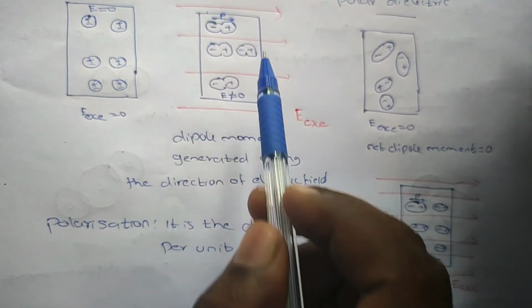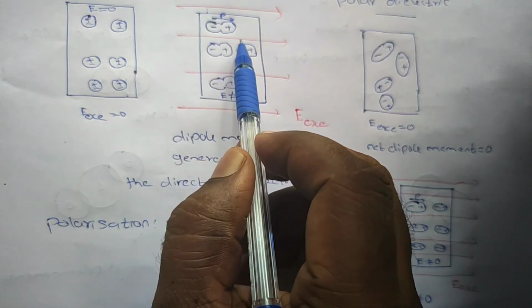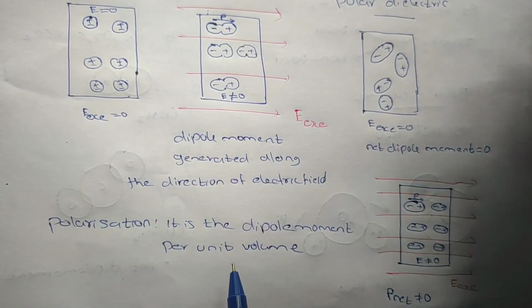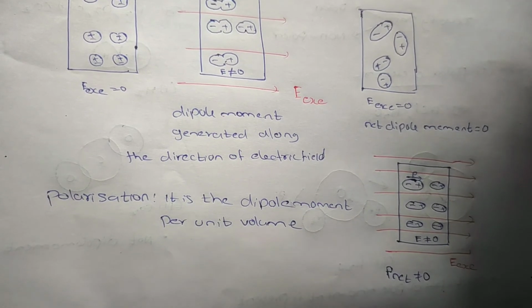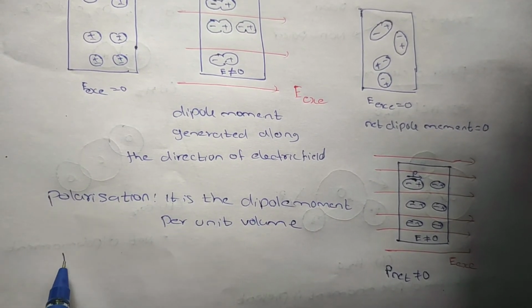Okay. So if more dipole moment is there in this, there is more polarization. Polarization means the formation of electric dipole moment. Clear? So if more dipole moment is there in the unit volume, there is more polarization. The same meaning applies here also. Then we can write a formula: polarization P is equal